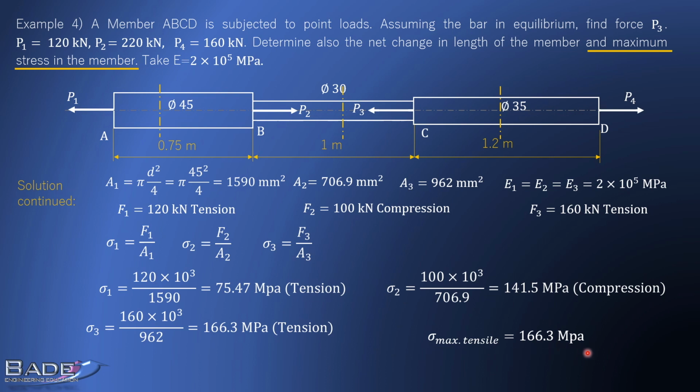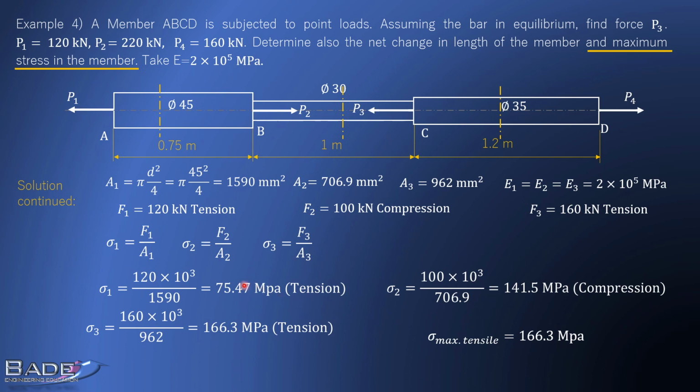But wait, when there is stress, tensile as well as compressive in the member. Watch here. In this member, there is tensile stress in the first part, there is tensile stress in the last part, third part that means, and there is compressive stress. So at different locations, nature of stress is changing. In such cases, listen to me very carefully. You should write maximum tensile stress and maximum compressive stress. Don't just compare magnitudes of stresses.